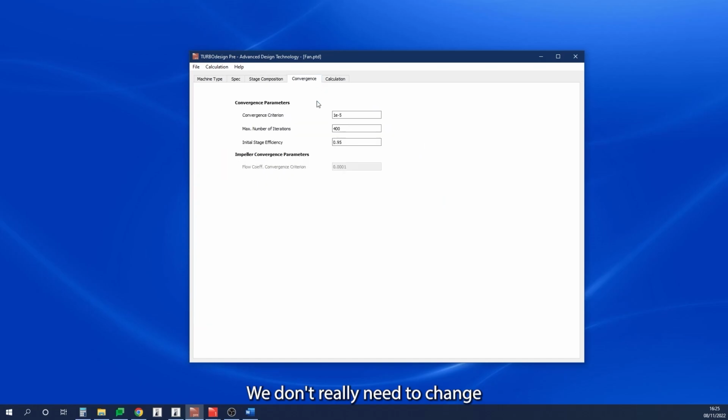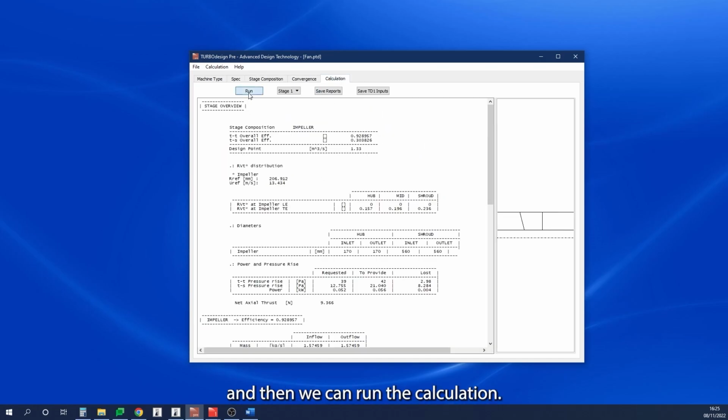We don't really need to change the convergence parameters, and then we can run the calculation, and in less than a second we have the meridional shape for the axial fan, as we can see here, and also a detailed report on the impeller. So we have the total to total and total to static estimated efficiencies,